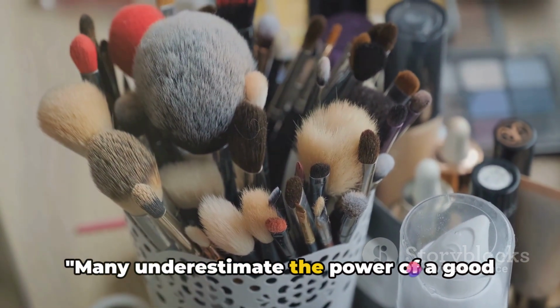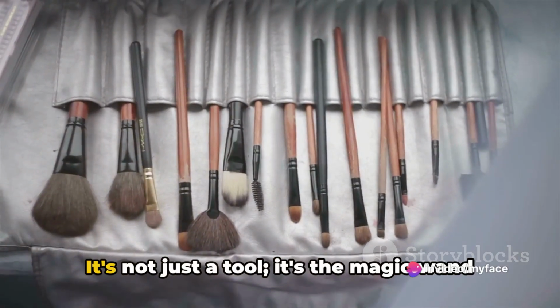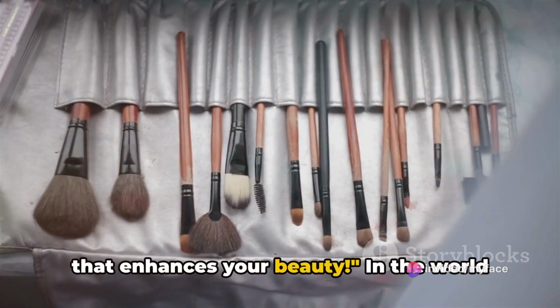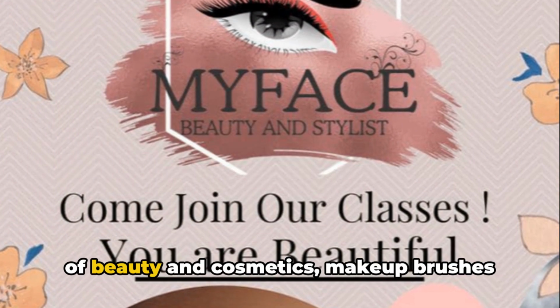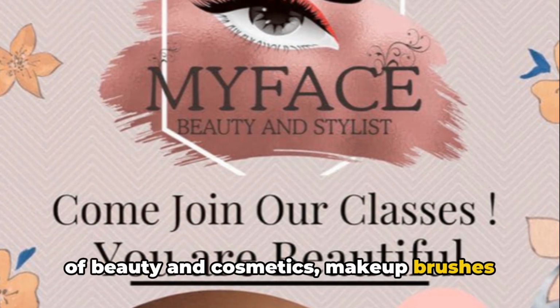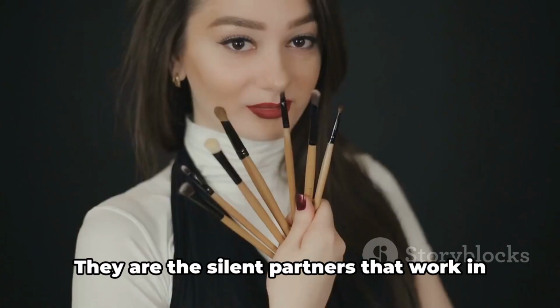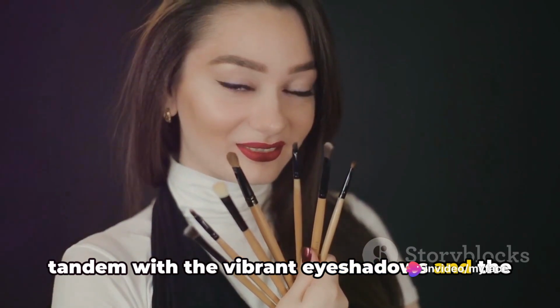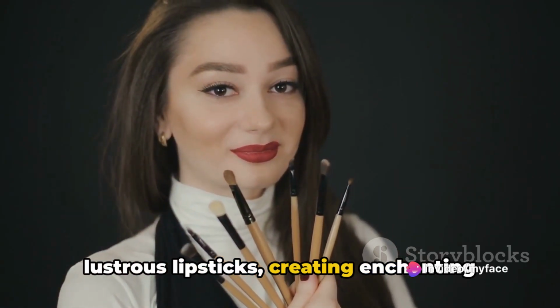Many underestimate the power of a good makeup brush. It's not just a tool, it's the magic wand that enhances your beauty. In the world of beauty and cosmetics, makeup brushes are often the unsung heroes. They are the silent partners that work in tandem with the vibrant eyeshadows and the lustrous lipsticks, creating enchanting looks